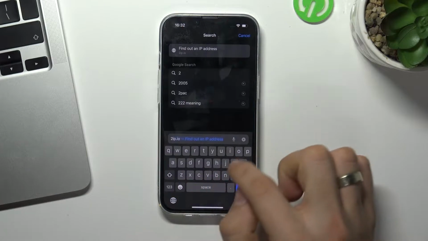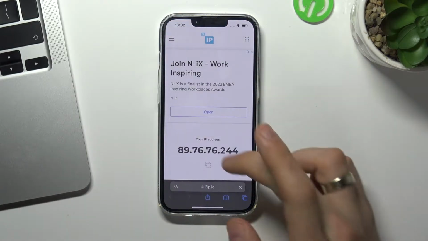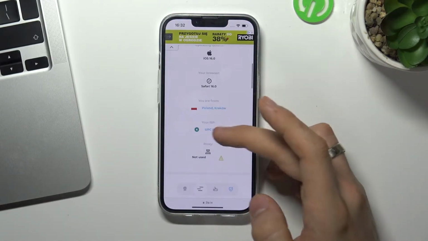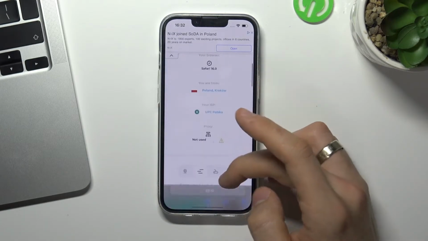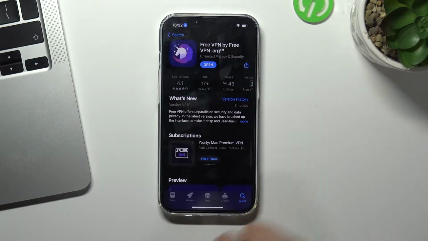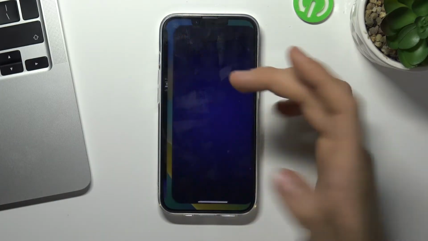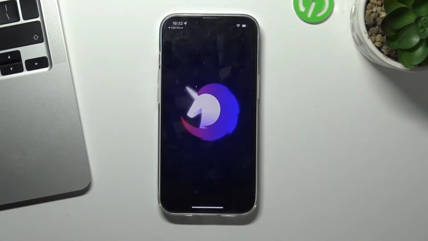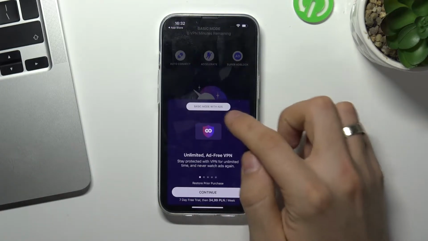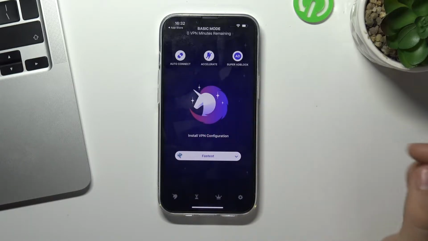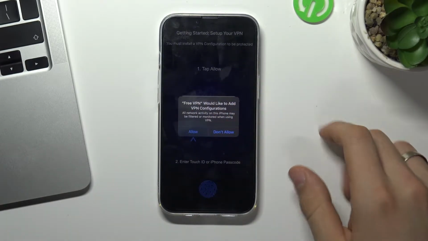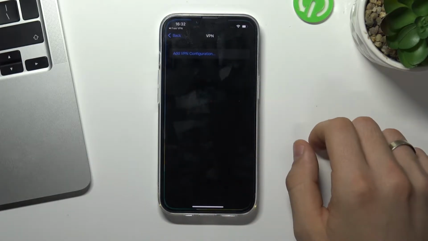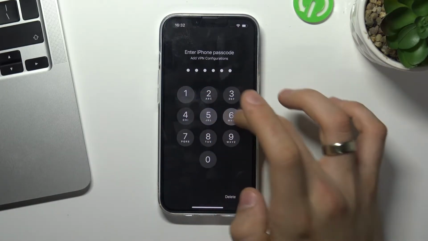So open the 2ip.io website, and as you can see, I'm in Poland, it's true. But now open FreeVPN by freevpn.org. Wait a while, click basic mode with ads, and click on the FreeVPN icon. Click allow, enter your passcode,